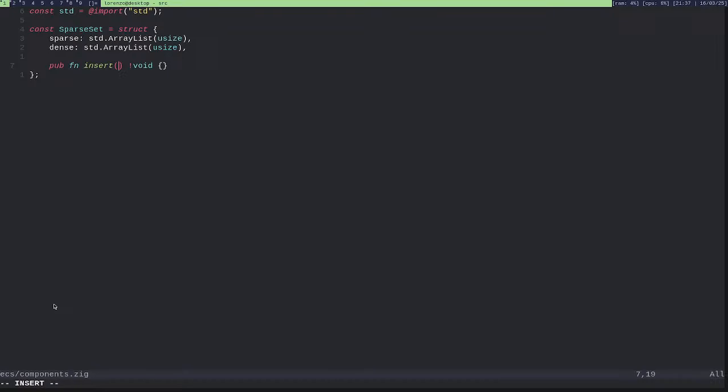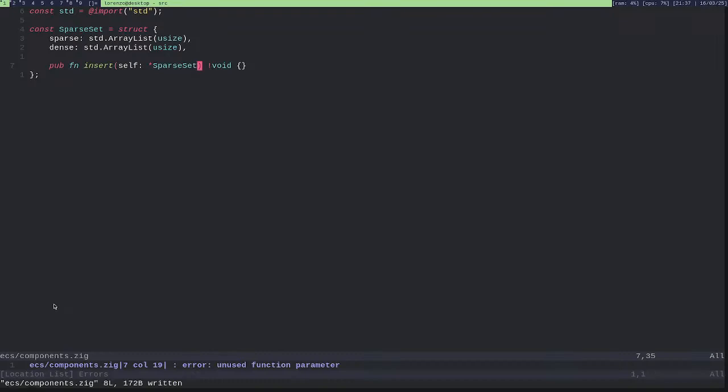And here I will take self as sparse set, as well as the index for the entity. So, well, not really. This should just return the index, and I will show you why in a minute.